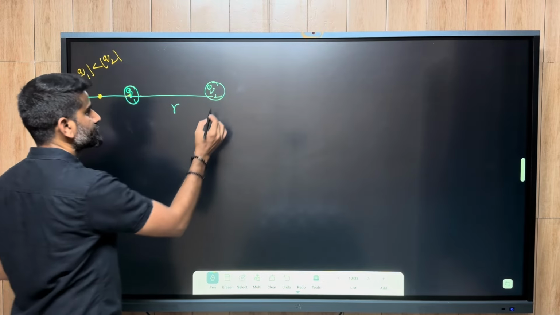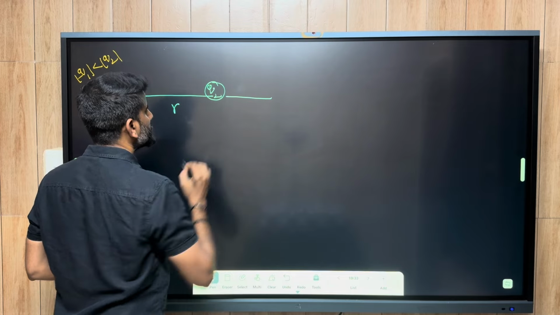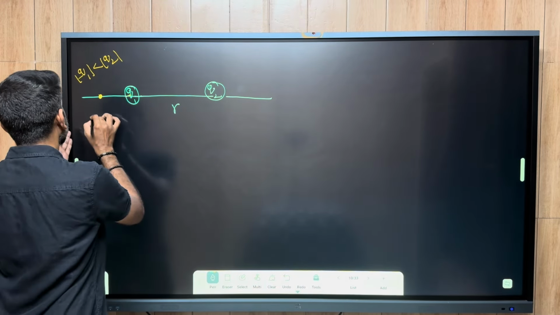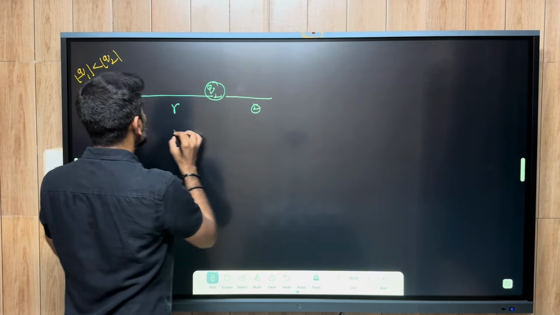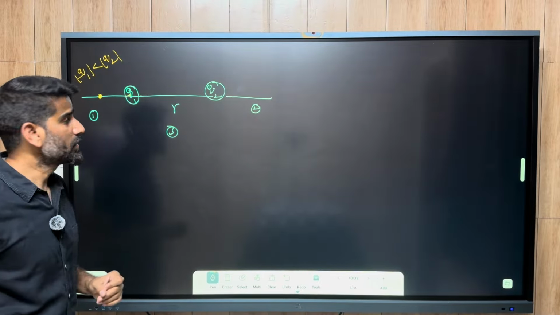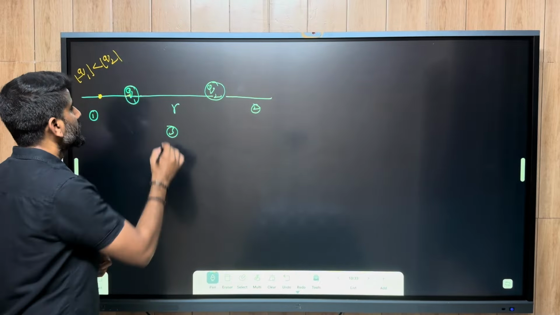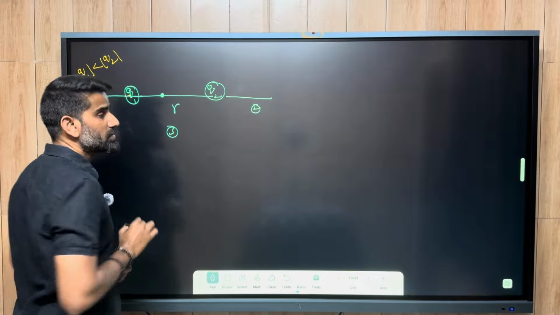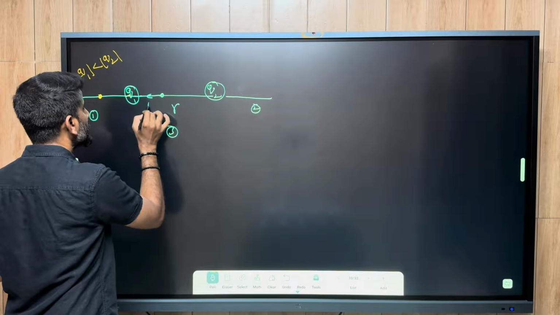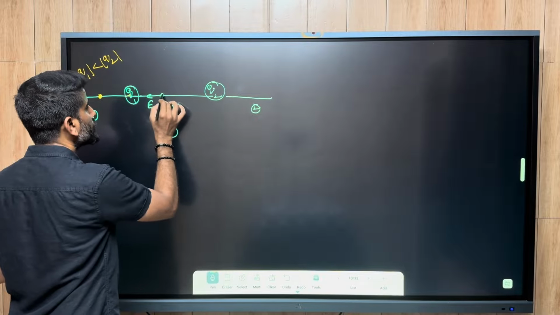Let me explain how. Okay, let's say this is the line. Now this is region 1, region 2, region 3. Let's understand it. Now let's consider a point in region 3. The field due to the negative charges is towards this side, E1, and the field due to the positive